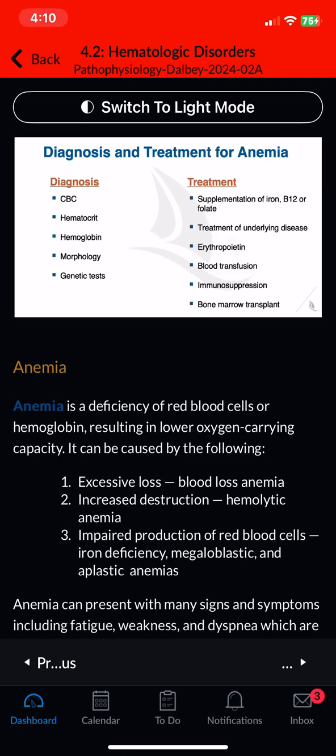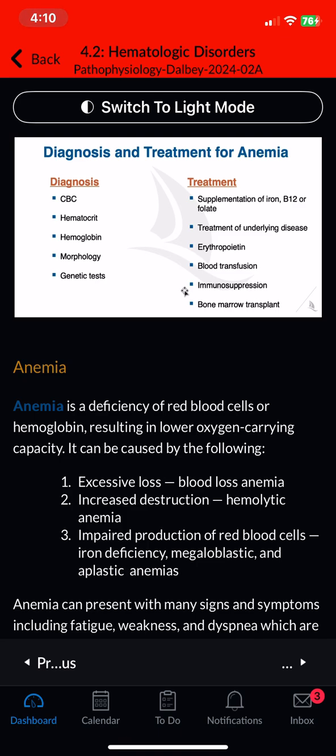Diagnosis of anemias can begin with a CBC, or what we call a complete blood count, and hematocrit, where the number of red blood cells, the volume, can be assessed. The amount of hemoglobin can also be quantified, and the morphology of cells can be helpful in aiding the diagnosis of anemia. Genetic tests can also diagnose the inheritable forms of anemia. Treating anemia is varied depending on the type and severity. And if anemia is caused by deficiency,